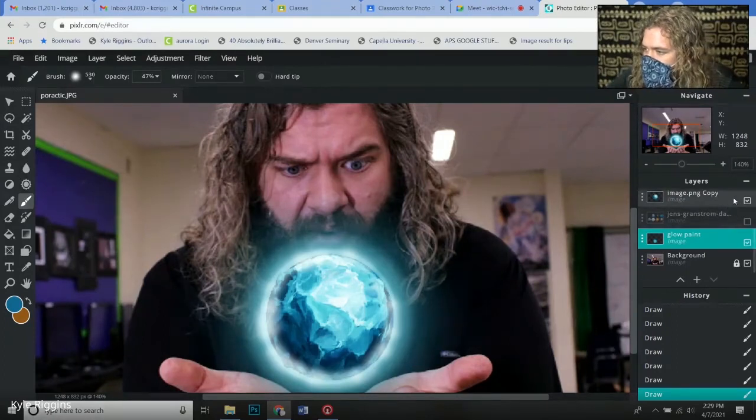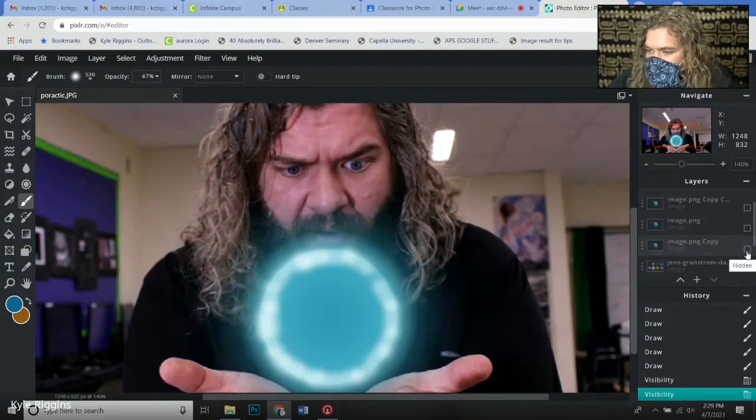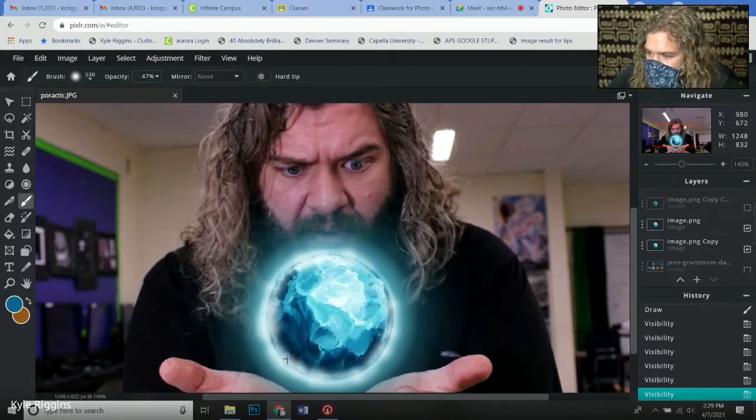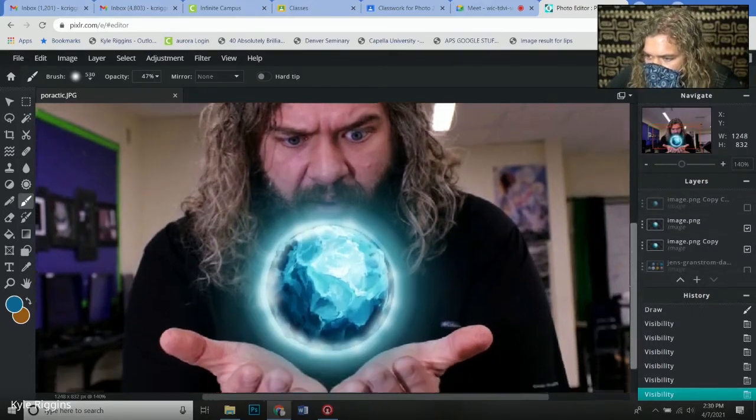Okay, now if I hide my orb, see you guys, that's all I've done. I've painted a circle, okay? But the placement of the circle is what makes it look like it's glowing. So I bring back my orbs here. There we go. Just like that. All right, so now